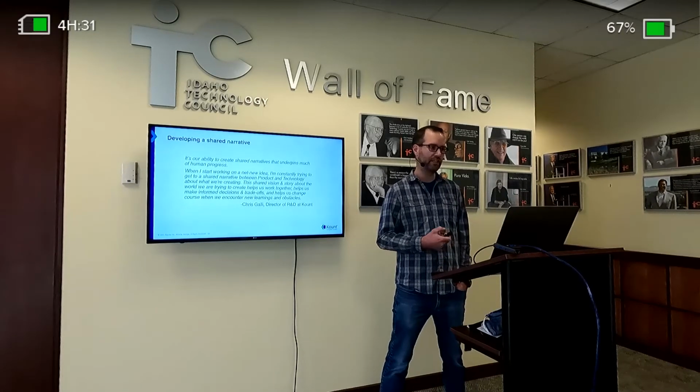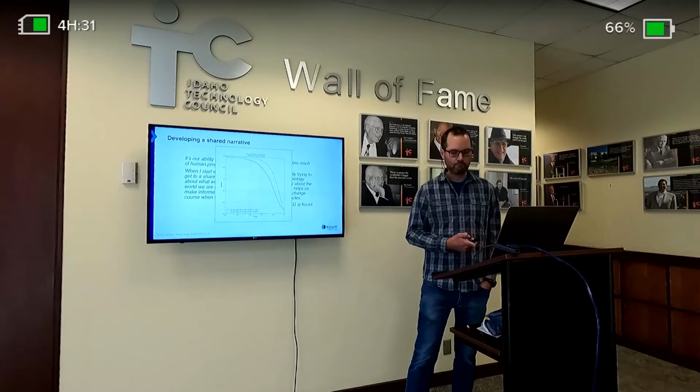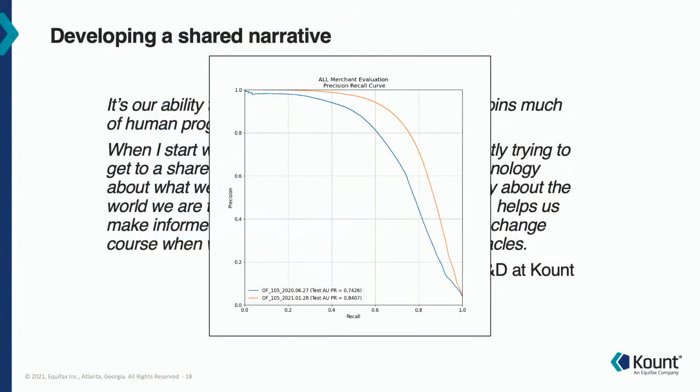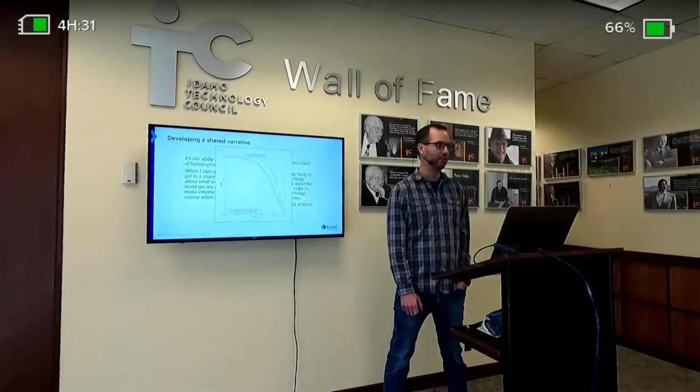So how do we as data scientists help develop a good shared narrative? Well, one thing we often produce from our experiments is metrics, right? We train a model, we train 2 models, we get metrics. So the question is, is area under precision recall or the curve itself a useful tool for developing a shared narrative? It may be within the data science team and among some of the other technical people